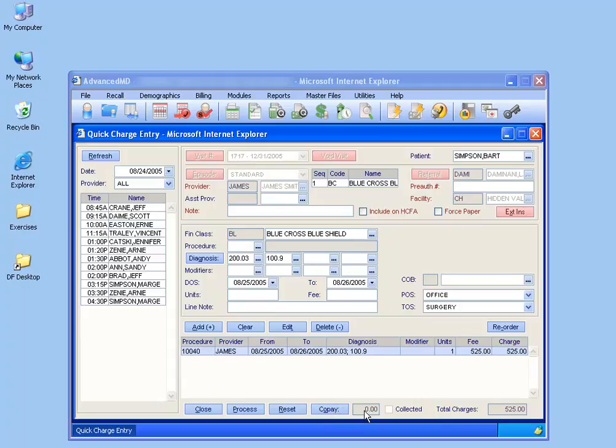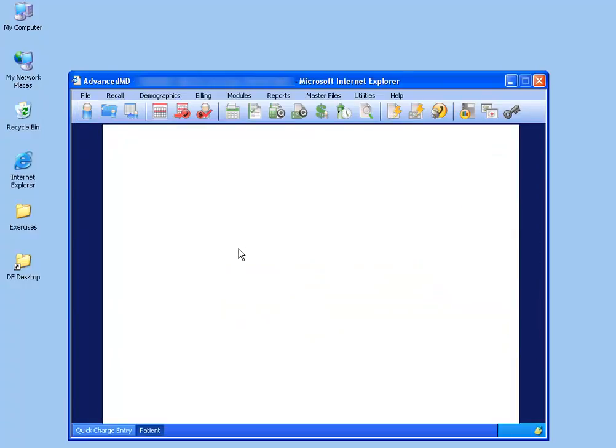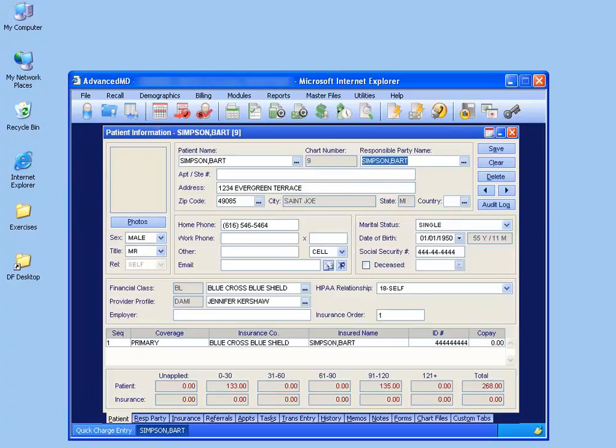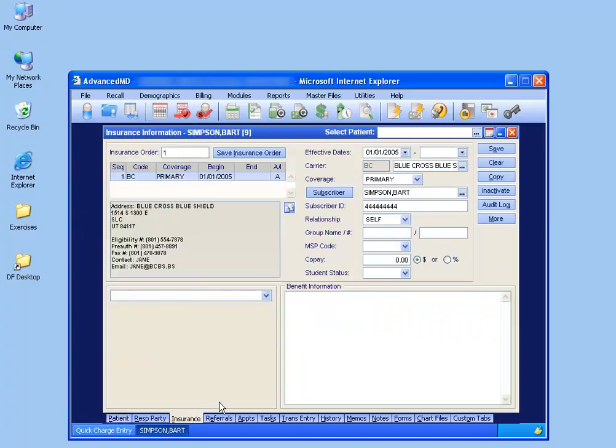Now, by default, it says here, at least for Bart Simpson, that there's no copay. That could be for one of 2 reasons. Either first, there is no copay, or second, the front office or the biller or somebody may have forgotten to put it in the patient demographics. For example, I'm going to go to the patient demographics and pull up Bart Simpson. Click on the Insurance tab, and you'll see for the primary insurance carrier, Blue Cross Blue Shield, the copay is set to $0. Well, you can change that here and say it's $15, but in this case, I'll close back